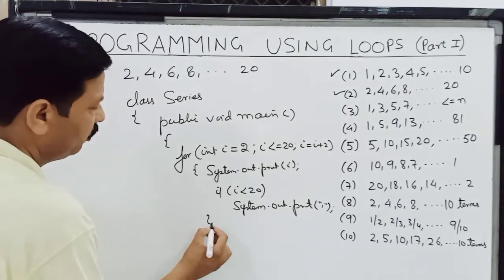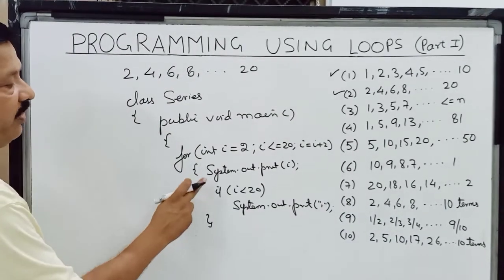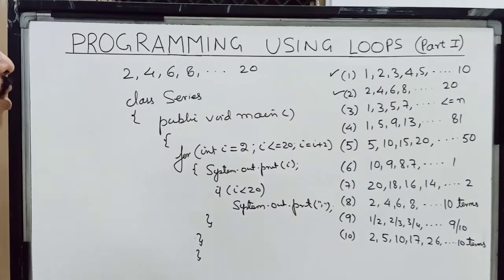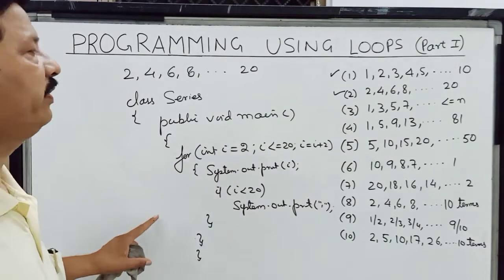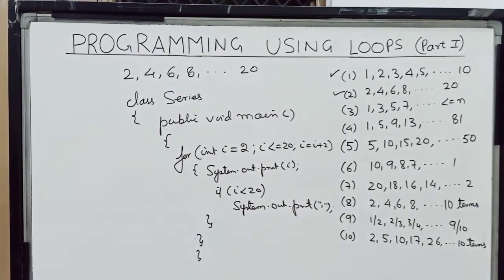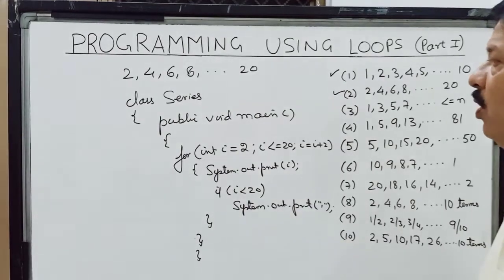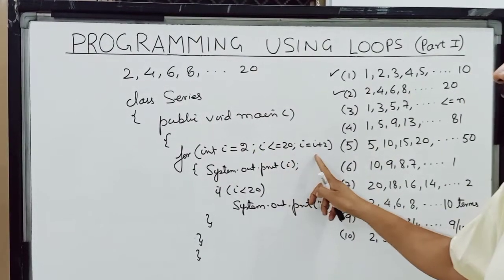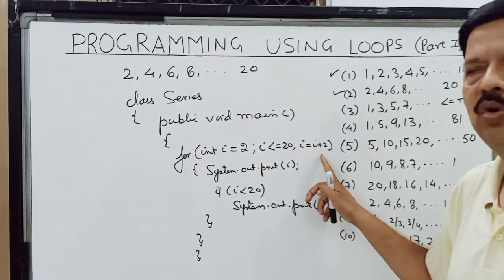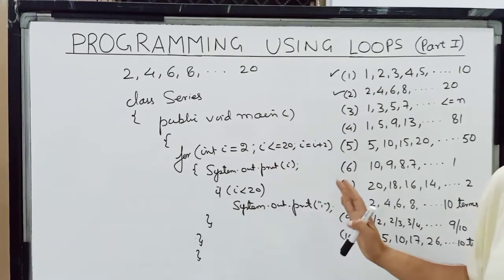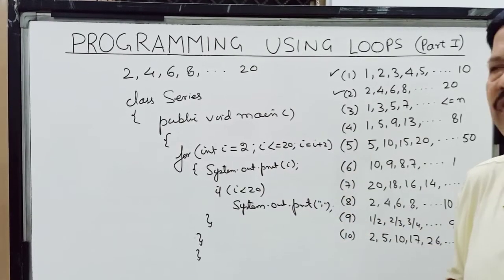So this comma is the basis for the loop, since I have used two statements here. And children, this is how we can write this series. You may just copy down this series, the second series, which we have done. I hope you have followed it. The step size I have taken as I plus 2. So this is how the series is being done. I hope you can pause the video and copy this down here.